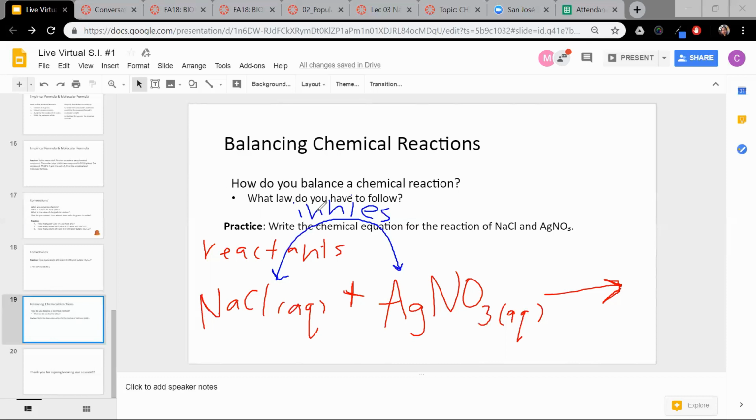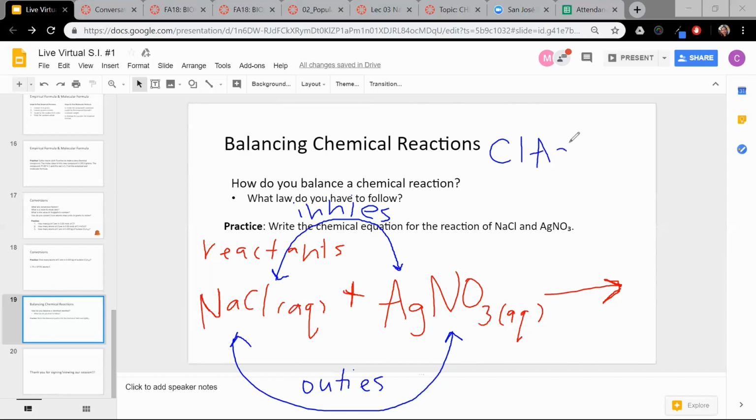This rule will only work, by the way, for reactions with two compounds, which is what we have right now. And then the outies are going to be the guys out here. Okay, so we're basically going to swap partners with each other. So when we form the products, we're going to create